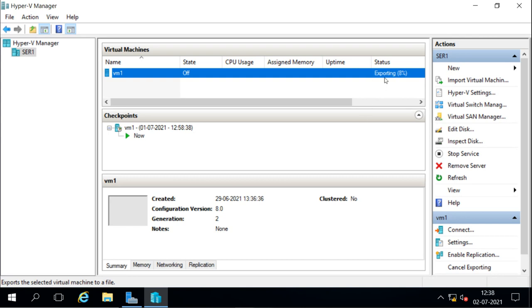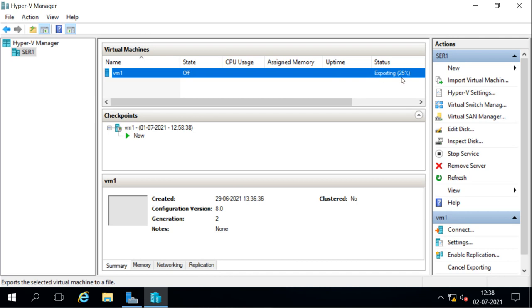And now it will take a little time to export the whole virtual machine, because the virtual machine is installed and the operating system is installed there. So it depends on the size of the virtual machine and the data, like what applications we have installed and how much data we have stored in that virtual machine. Depending on that, your virtual machine's hard disk size will be there. It will range from 10 to 20 GB or more. So it can take time to export and import also.